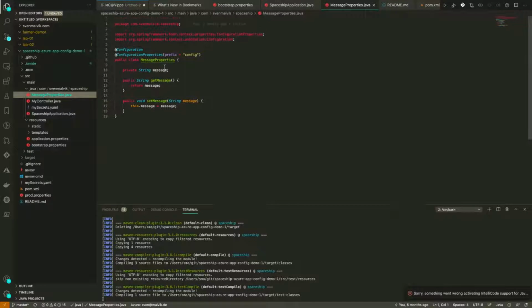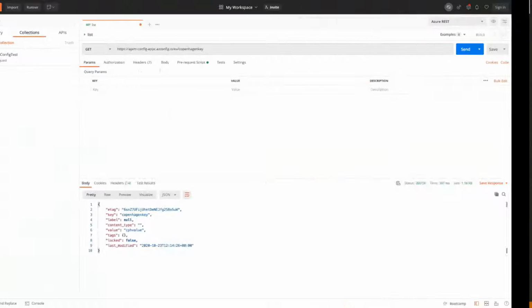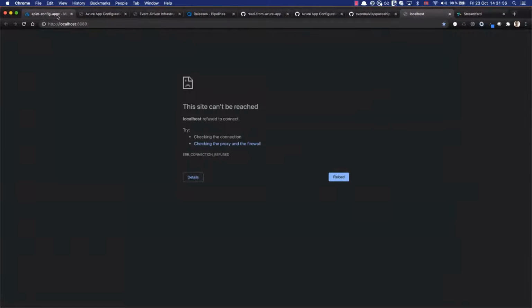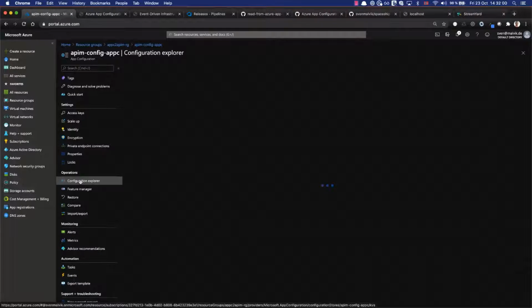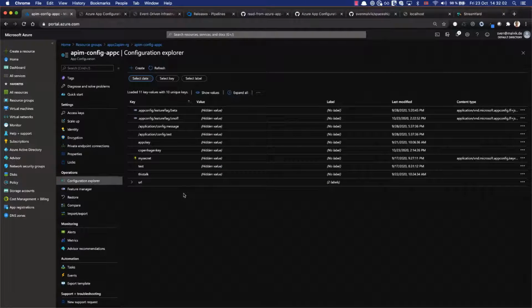The model is where the information then comes from or is stored from Azure App Configuration. In this case, I called it message. And if we take a look at the instance here or at the message key that are stored here in Azure App Configuration, we see that we have something called message here,